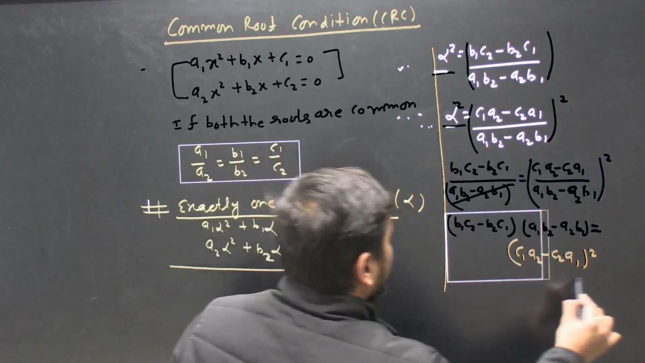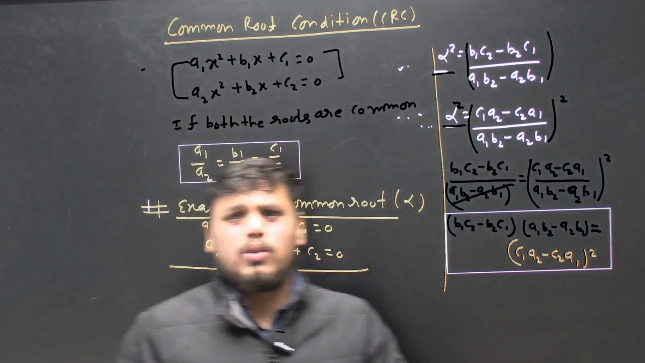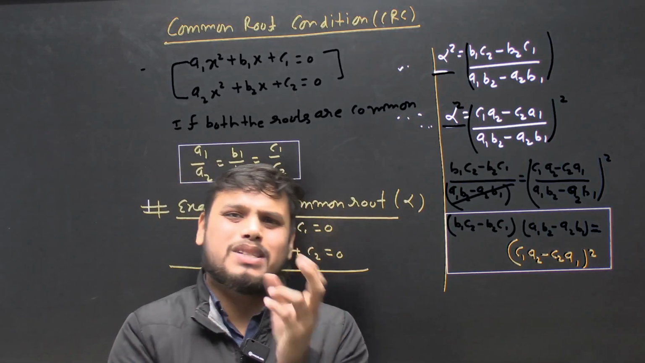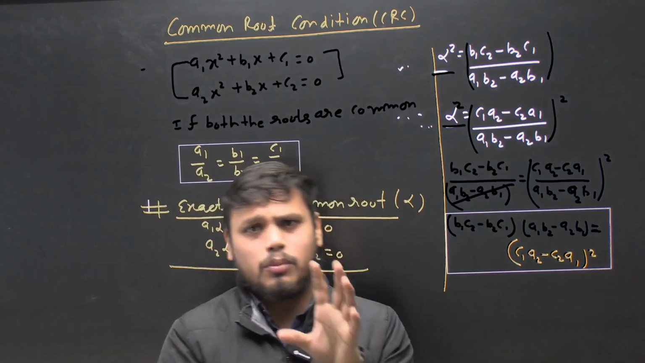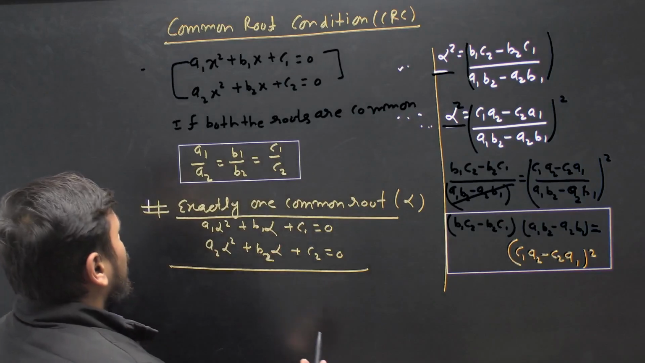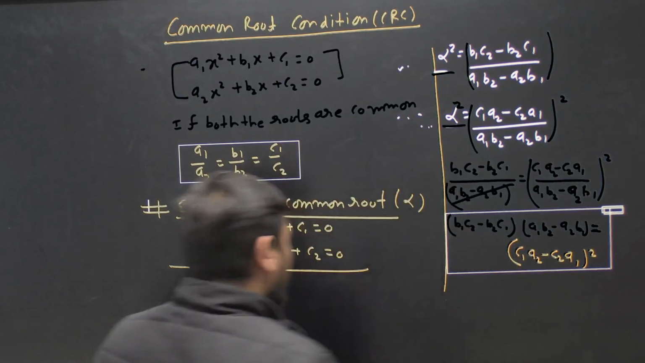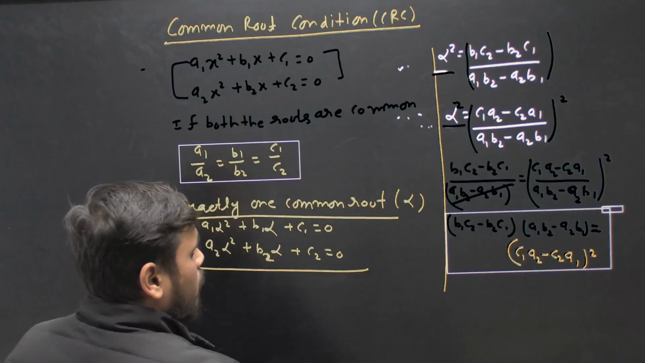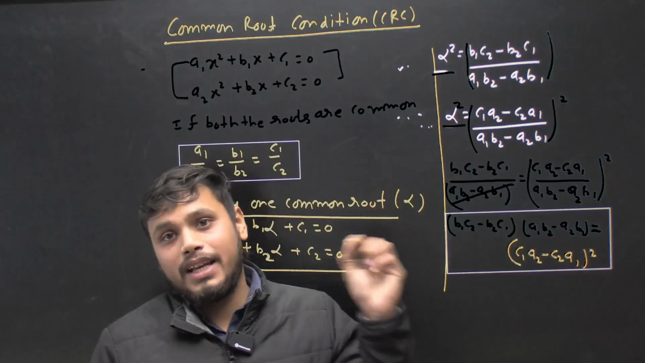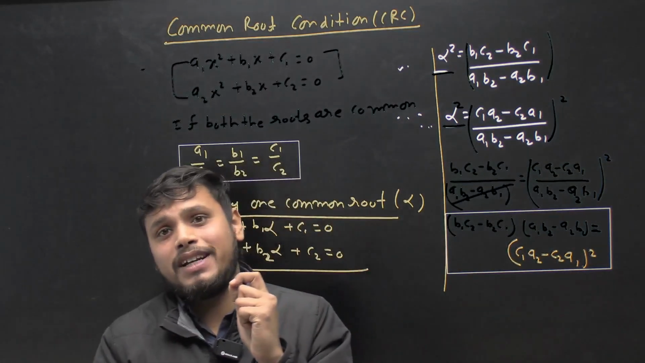This is called CRC, and actually there is one more method to find a common root or to solve problems involving such applications. We will discuss that later on. Now you can use this method to check whether exactly one root is common or not. If two quadratics are given and this condition is satisfied, then surely they share a common root, and if the condition is not satisfied, then there is